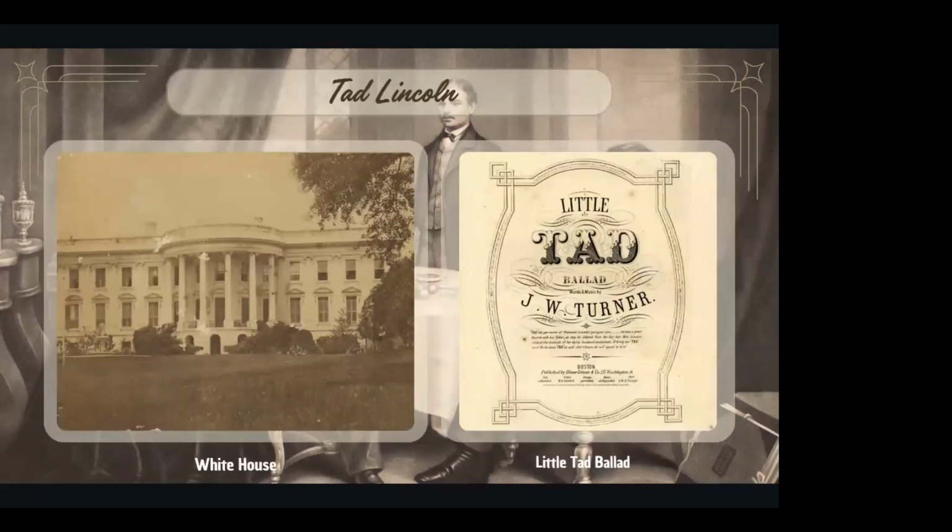After having stayed at her husband's bedside throughout the night of April 14th, 1865, and into the following day, Mary Lincoln said goodbye to her husband for the last time at 7 a.m. She returned to the White House later that fateful day, and upon seeing her, Tad wrapped his arms around her